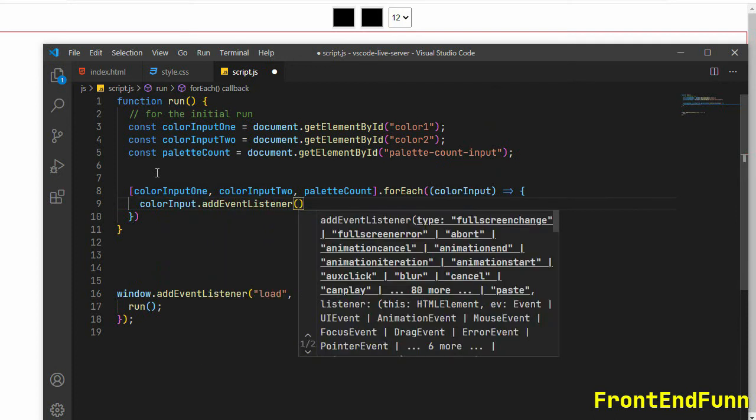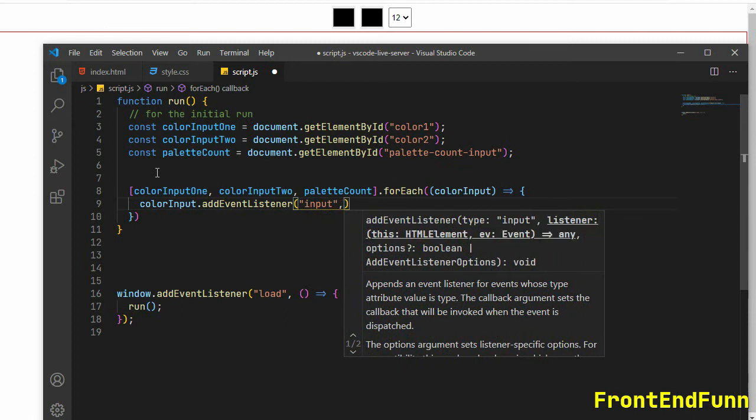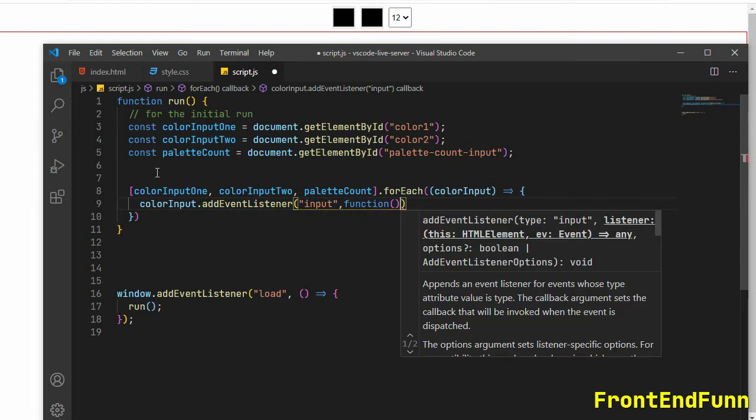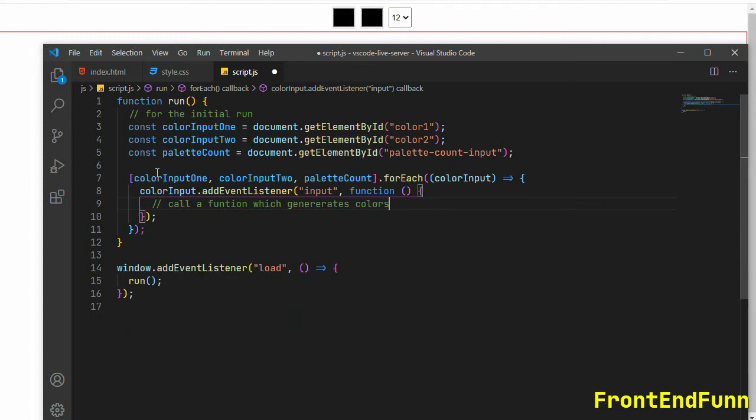I am just adding an event listener of input on these elements. Okay, so inside the callback function I need to call a function which generates the color palette. Okay, so we'll be making this function now.